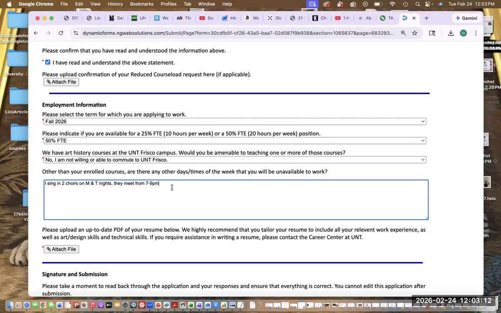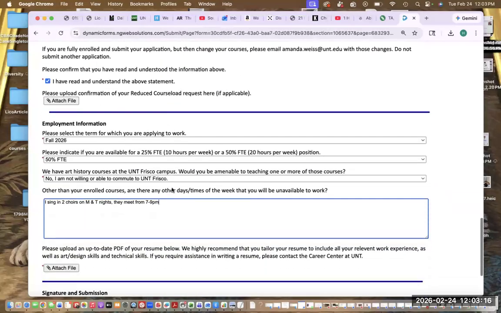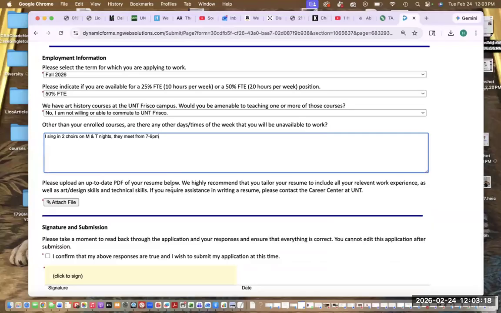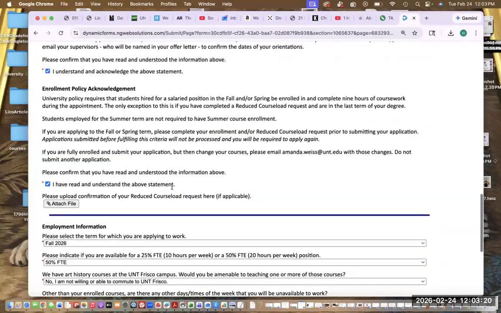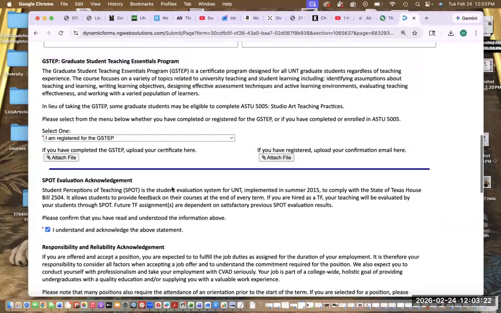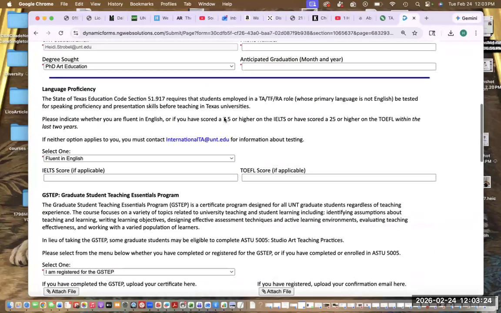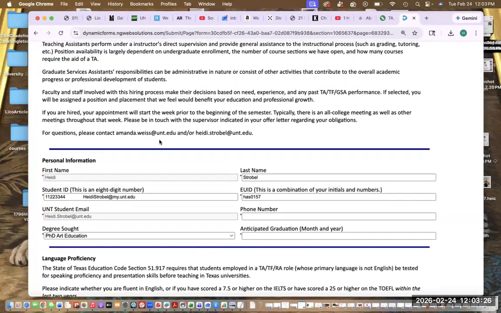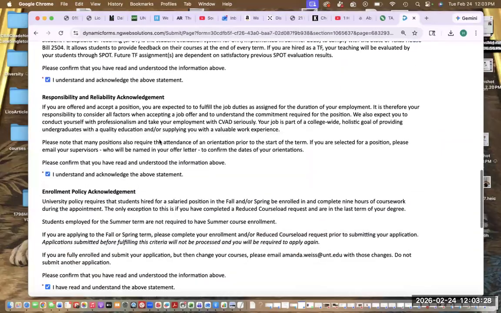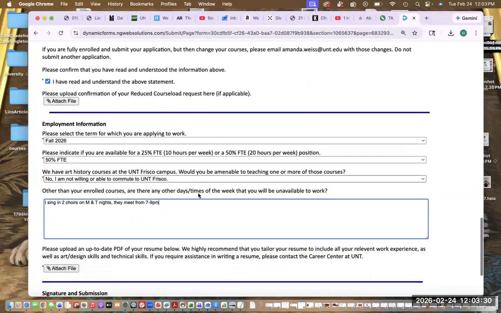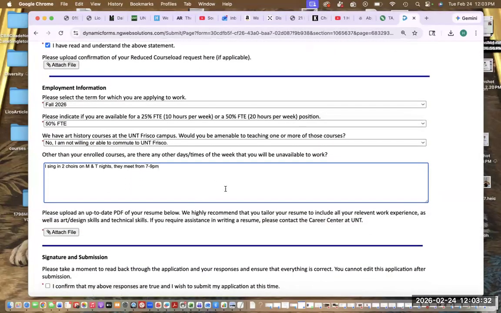What I'm going to ask you to do is to not submit a second dynamic form like the one that we're on here. I'd like you to email Amanda or myself to say, hey, I changed my schedule and here is my new schedule. That way we'll look to see if your new class conflicts with your assignment. So not a big deal, but please don't submit a second dynamic form for yourself.